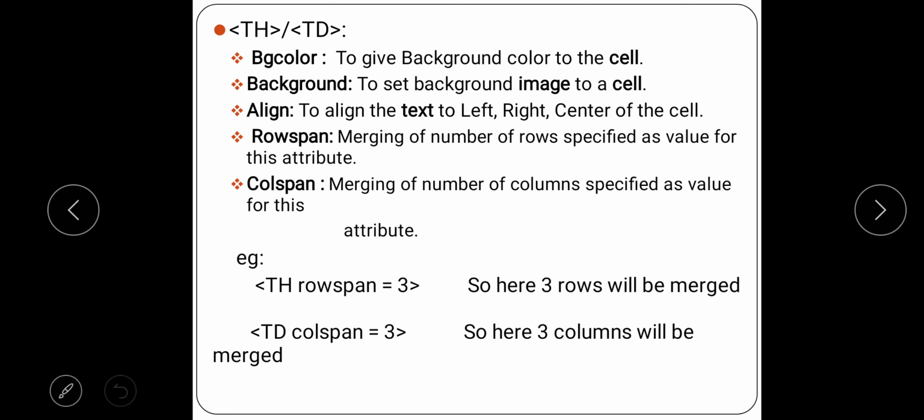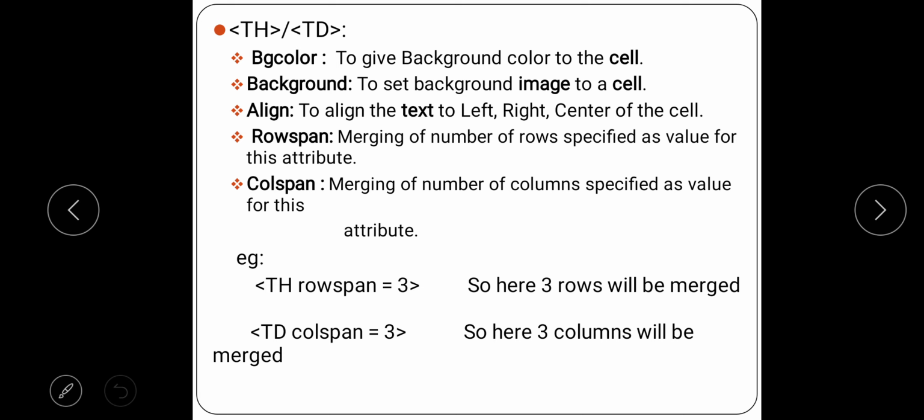Now the next two attributes are very important, that is row span and col span. Row span means merging of the rows to make a single cell. If I give the value row span equal to 3, instead of 3 cells, it will merge the 3 rows and create a single cell.